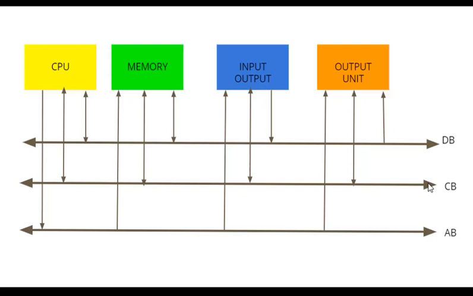Now when the signal is received, it activates the memory chips, meaning the area where the location is present is activated. And lastly, the contents from that memory location are placed on the data bus and then transmitted to the microprocessor. So this is how your basic read operation is performed using our three different buses.